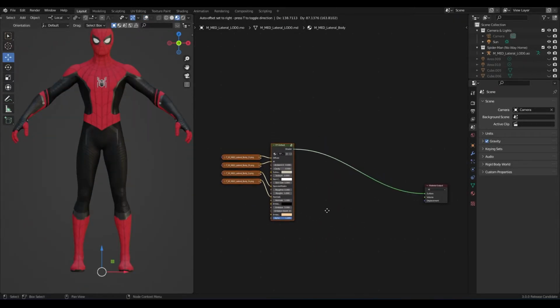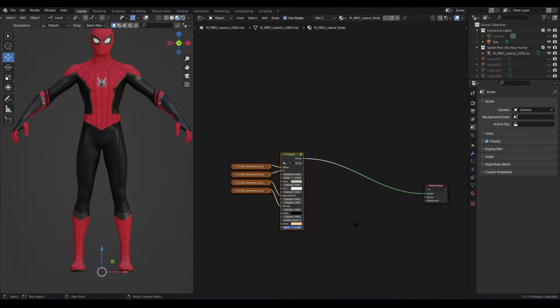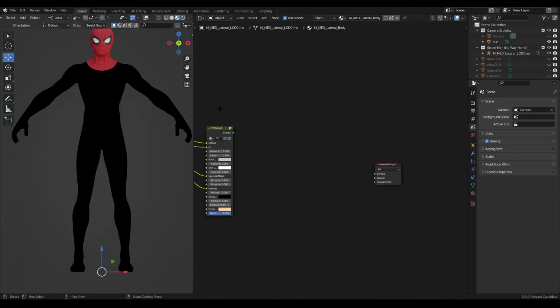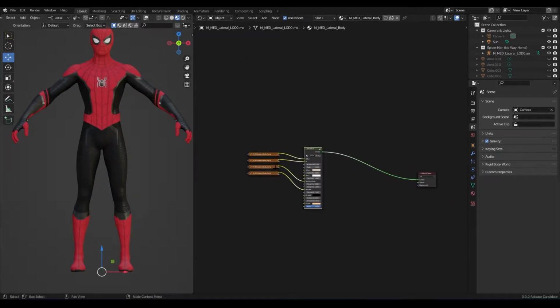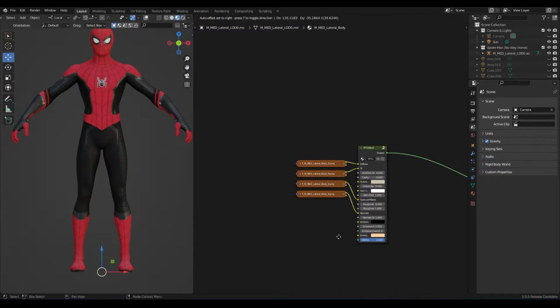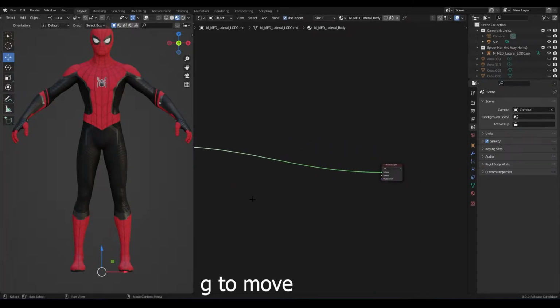So basically guys, I'm trying to explain as much as I can so that you understand what I'm doing. I don't want to just give you the answers. So obviously what you plug into here is what goes into here. Right now we're working with the body, not the head. Whatever we're going to do is not going to affect the head, so keep that in mind. Here are textures that your skin would probably have. So let's just move this over here.